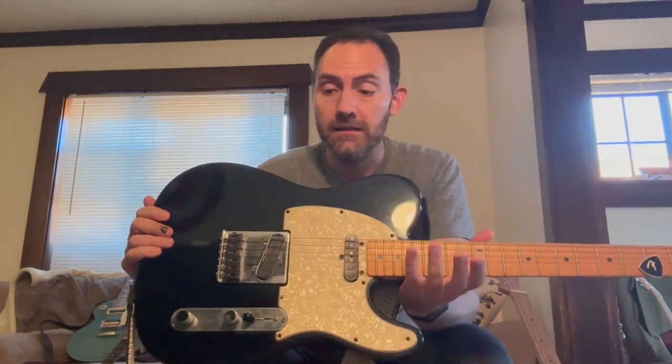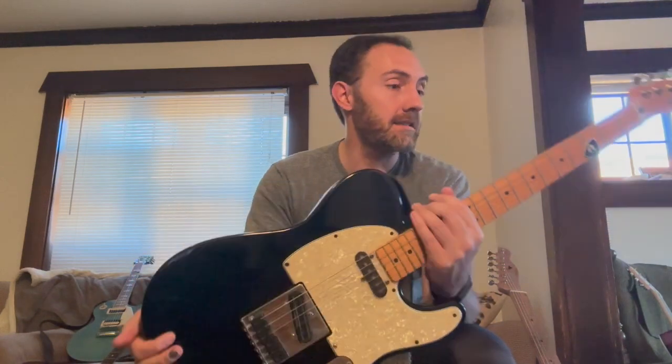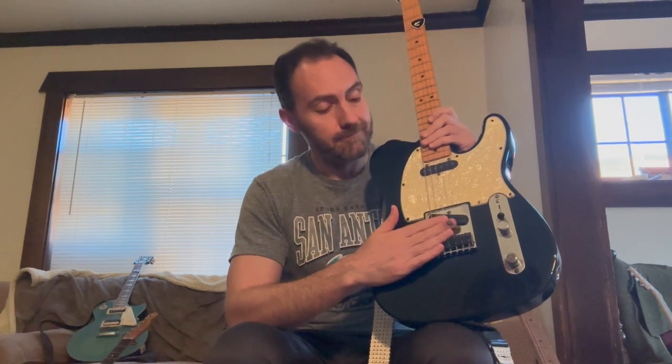Back to the channel, and today we have a very special comparison between three different dual blade style Telecaster bridge pickups. The Seymour Duncan Hot Rails, which you will find in my beloved black Telecaster, which I've had over 20 years. This is, by the way, a high output ceramic magnet